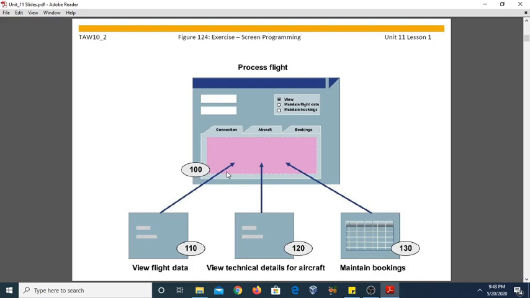If you want to see the flight data view, you are calling screen number 110. Similarly, if you want to see the aircraft detail, the call is 120. And similarly, for maintaining the booking, it will call screen number 130. All of these screens are part of a main screen, and the main screen number is 100. So this was an example of screen programming of the process flight.